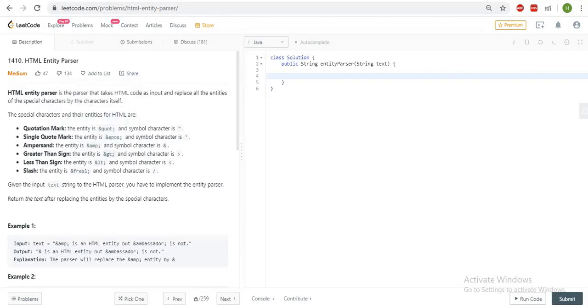So in this video we will solve this problem, the HTML entity parser. What they are saying in this problem is, they have given us an input string. That string contains HTML code, which has special characters, right? So we have to change those special characters to the character itself,